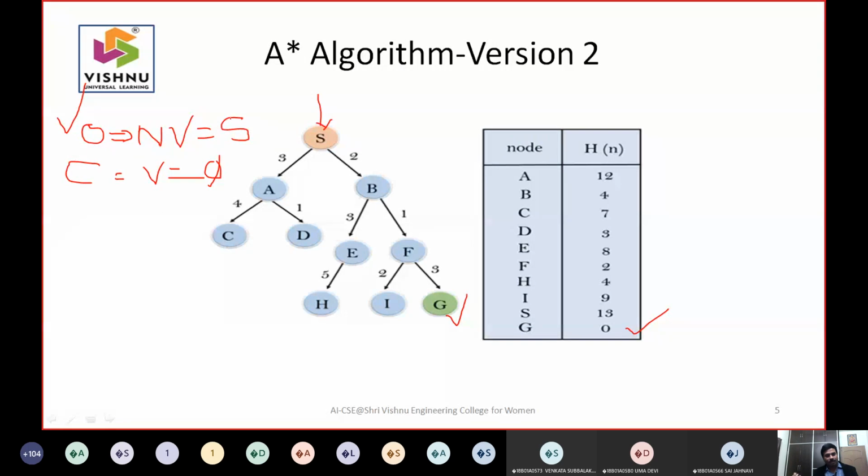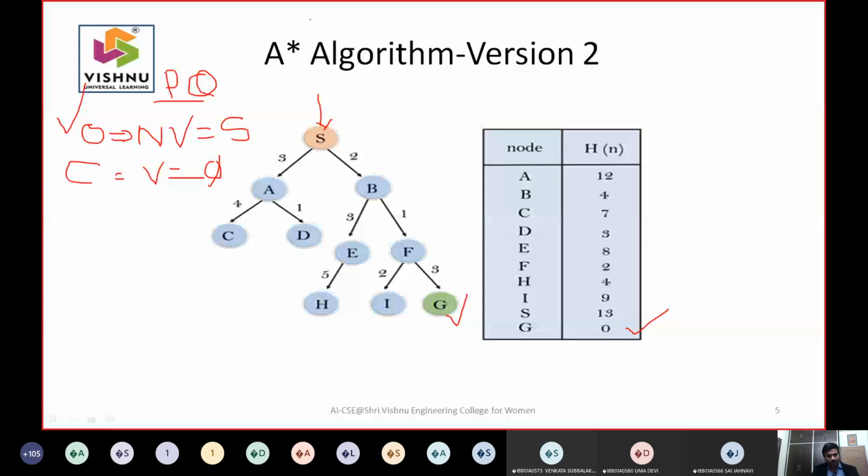In the A star algorithm or best first search algorithm, what does open represent? A priority queue, sir. Yes, it is a priority queue. So this is the same story that we have been doing for the last few classes, so that you feel the classes are continuous, and once you understand this, writing the algorithm is just a cakewalk.